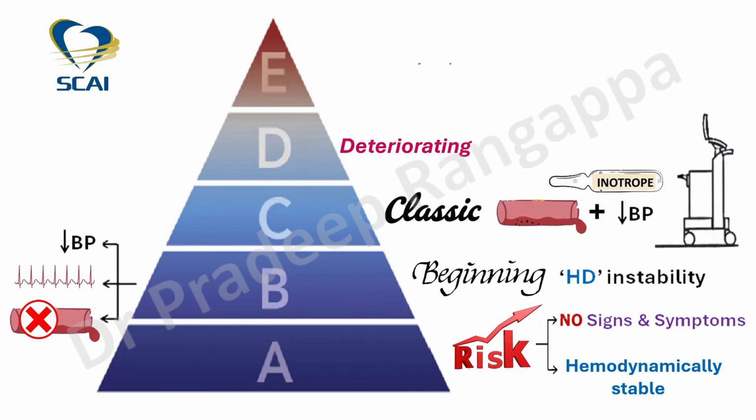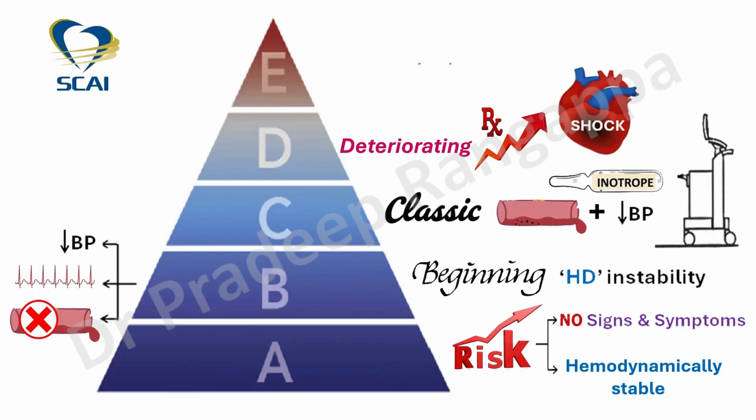D is the deteriorating patient, where there is a cascading need of adjunctive supports and organ support, and the patient goes into full-fledged cardiogenic shock. Extremis is where the patient is in full-fledged cardiogenic shock, needing mechanical support or VA-ECMO, and so forth. So this is just the categorization. Why have they categorized these? This categorization helps them to prognosticate and look at mortality prediction.